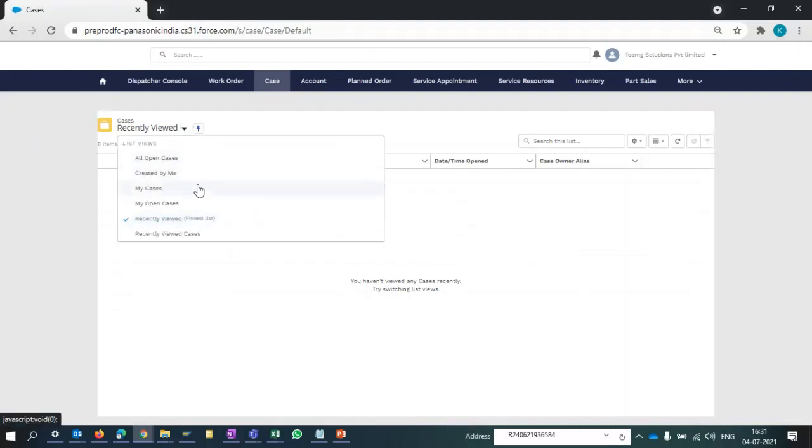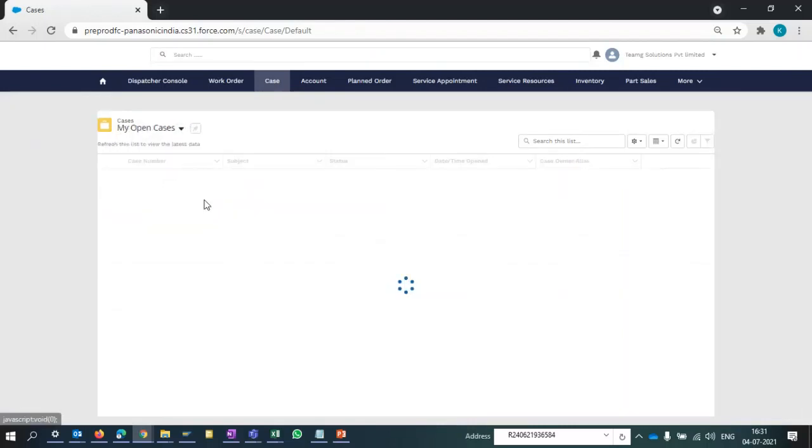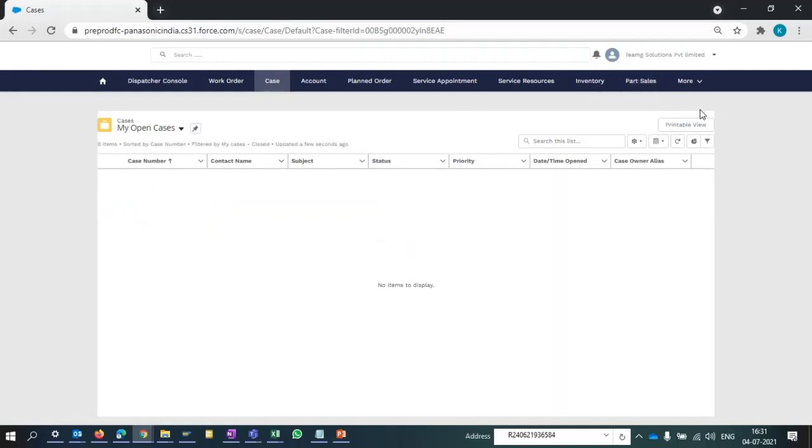Here you can get all the assigned items by open cases. If any VOC case is open, you have to simply open it, the VOC on the screen, and update the remarks as per the customer problem or whatever activity you have done against that particular VOC. Then post submission by the ASC, it will go to BSM and then to the VOC team for verification and closure of the VOC, right? So this is all about Salesforce.